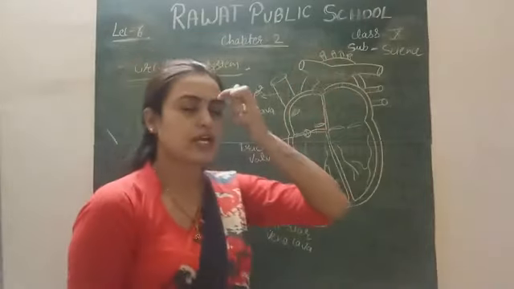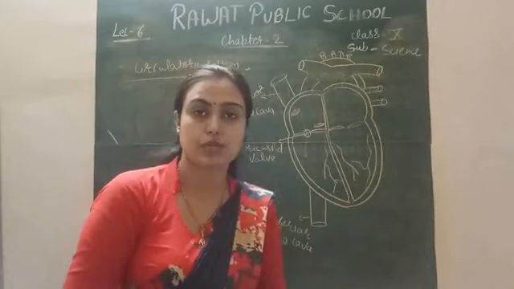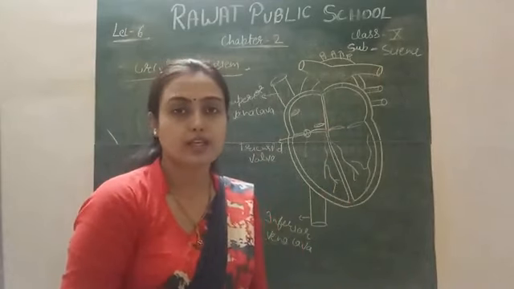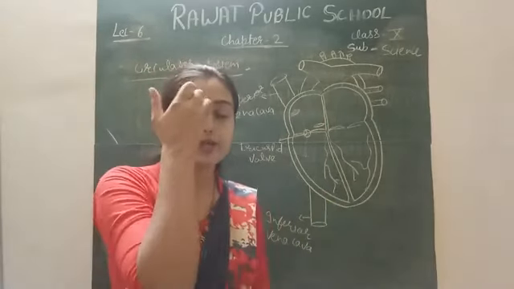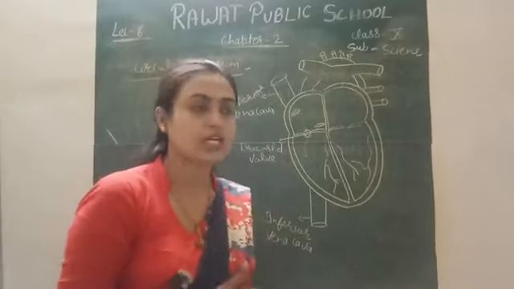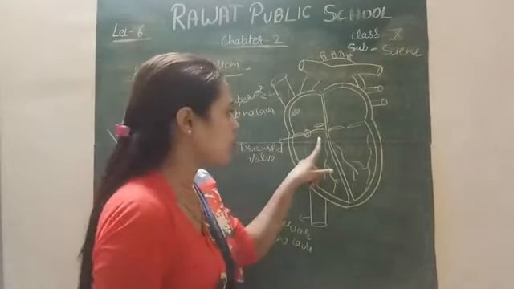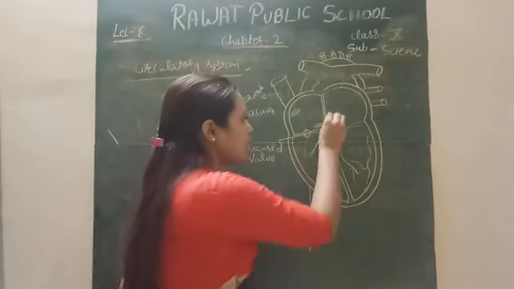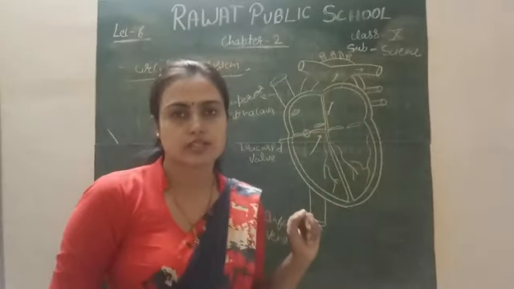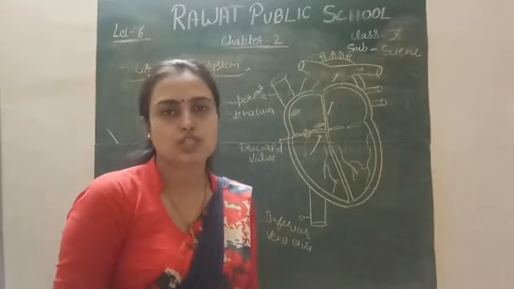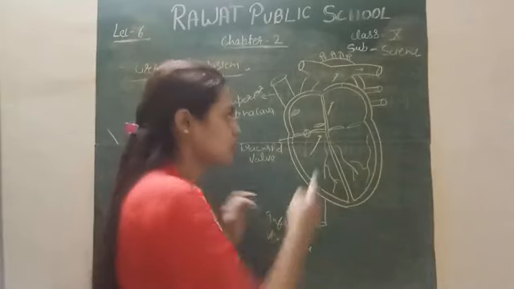About the pulmonary artery, there is one exception. The pulmonary artery always carries deoxygenated blood, and the pulmonary vein carries oxygenated blood. Normally an artery carries oxygenated blood and a vein carries deoxygenated blood, but in the case of the pulmonary artery and vein there is a difference in function. So this pulmonary artery takes the deoxygenated blood into the lungs for purification. In the lungs, exchange of gases takes place: the CO2 is exchanged with O2, and your blood becomes oxygenated.